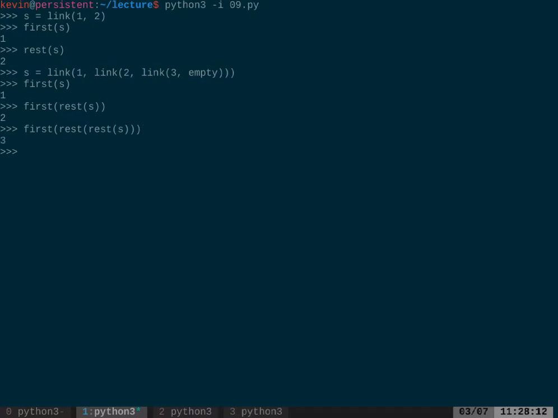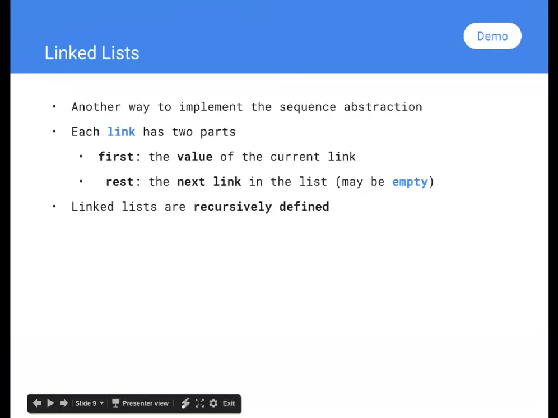So just to visualize that, we're going to demonstrate a new way of drawing linked lists. And the way we draw these linked lists is using what's called box and pointer notation. So this is going to be a really important slide. I want you to focus right now. So we say the value of the first is number 1, and we draw that number 1 in a little square, little box.